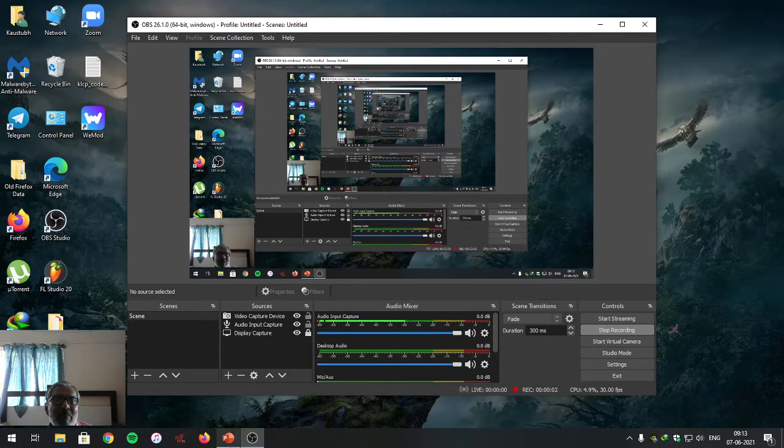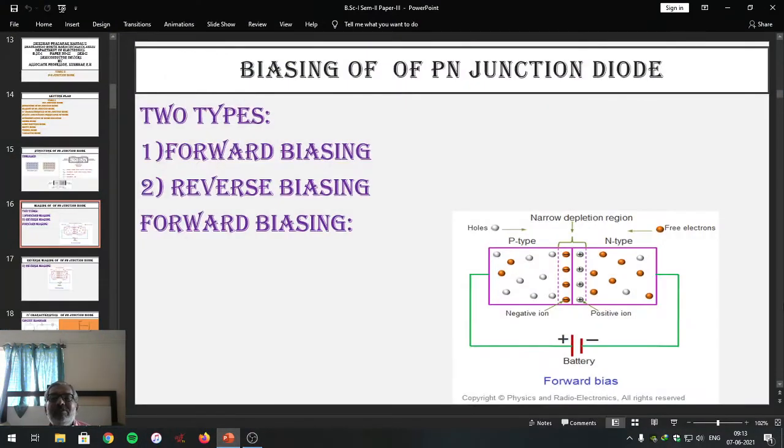Student friends, last week we started with the second topic, and that is PN junction diode, where we studied our lecture plan and completed the structure of PN junction diode along with its symbol. When we studied the structure of PN junction diode, we studied that the diode can be constructed